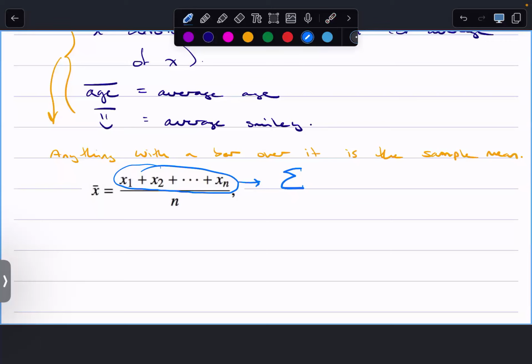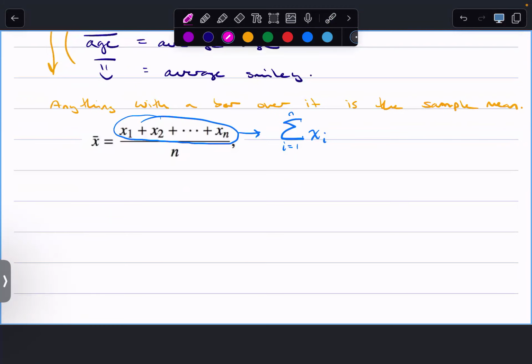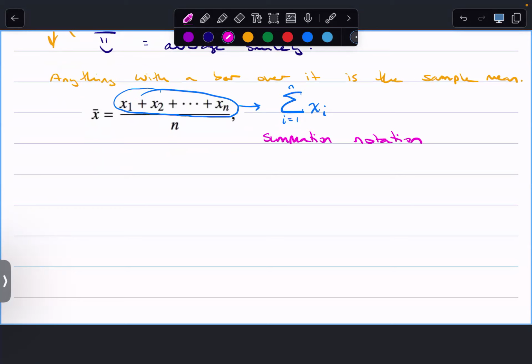And so what it does is it goes from i equals 1 to n. You can kind of ignore that as long as you know that what it's going to do is it's going to add up all your x subscript i's together, right? Add up all the x's. So this is summation notation. Which you're going to read as the sum of xi from, I guess technically, from i equals 1 to n,